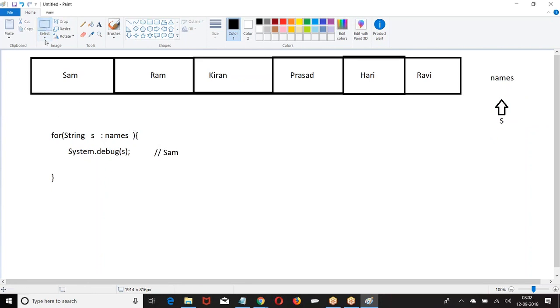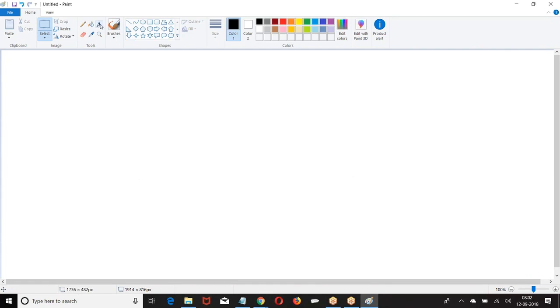Okay. Same concept I am applying here once again. Look at this. It is only applied for references, not for primitives.